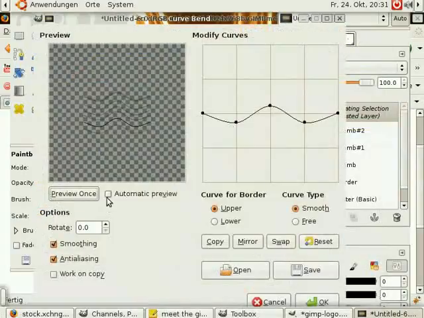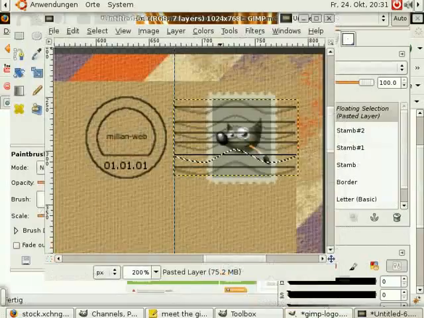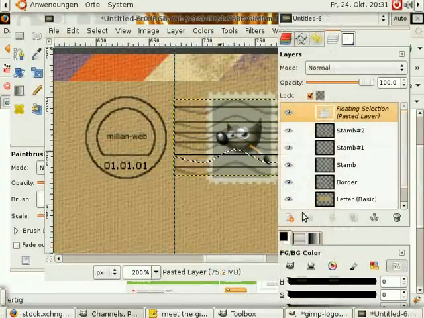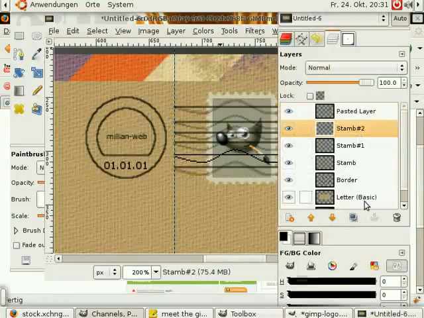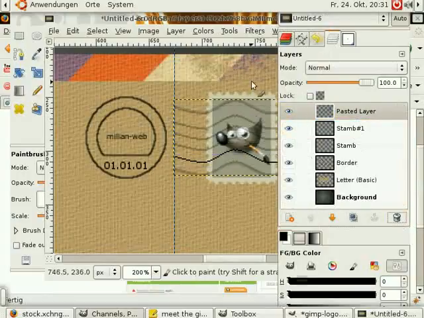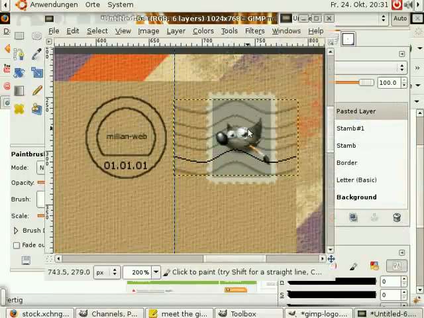Click on Automatic Preview and create some curves like that, and click on Copy to have this lower line like this. If you're happy with that, click on OK and create a new layer, delete the old one and move it